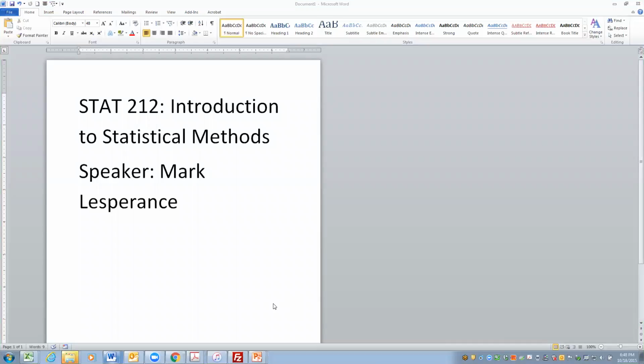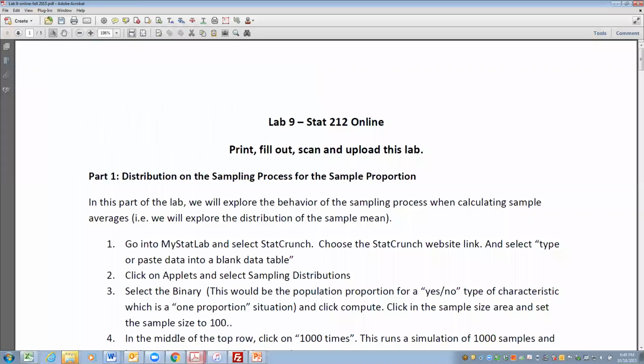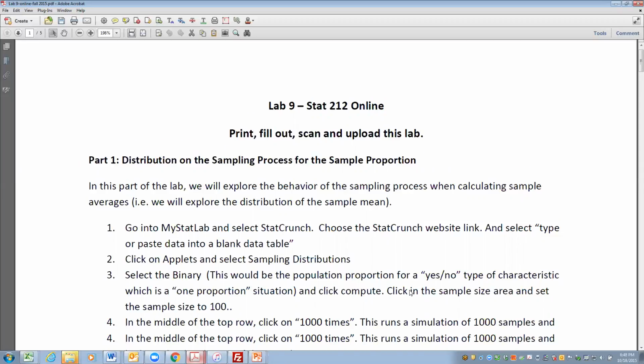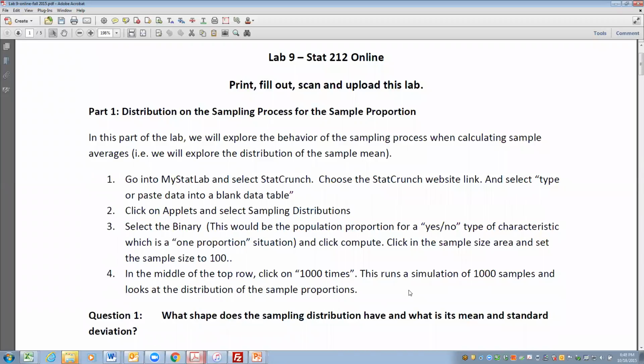Now we're going to do a walkthrough for Lab 9 to help you out. In Lab 9, you are going to do something similar to what we did in Lab 7. You'll need to print, fill out, scan, and upload this lab. We're going to do the same 3 types of activities that we did in Lab 7 to try to help